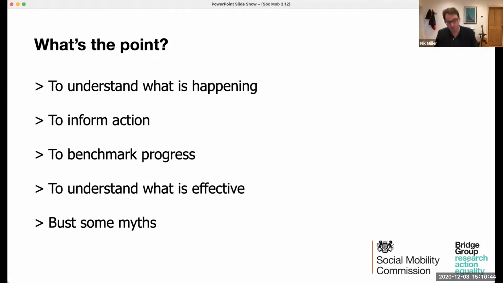Myth number 2, lots of people, we all want to work for a meritocratic employer. Most people we interview, the conversation tends to start around the logic that talent and hard work is what gets you ahead around here. Once you're in, the playing field is level, and as long as you work hard and you're good at your job, you'll get ahead. Lots of the data we've looked at around progression begins to challenge that particular definition of meritocracy. The third myth I'll come back to at the end, if I may.